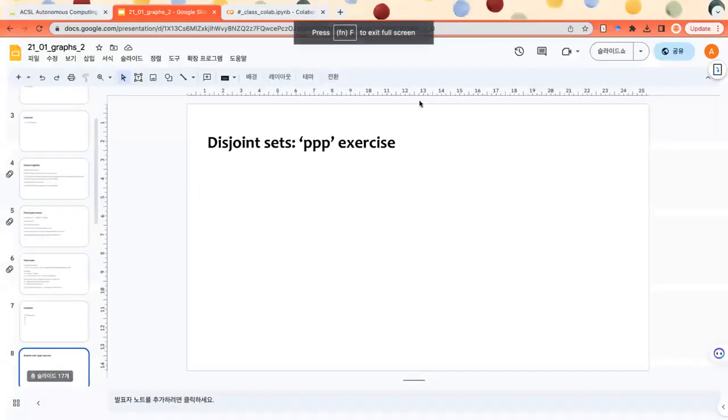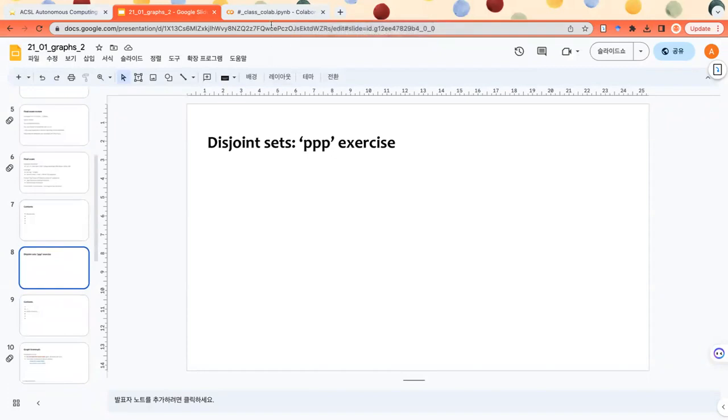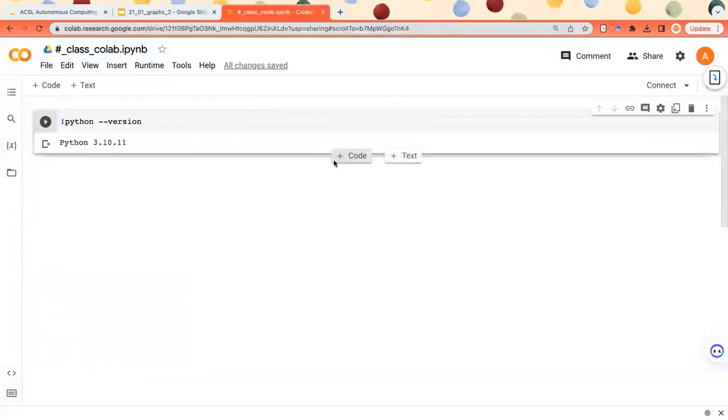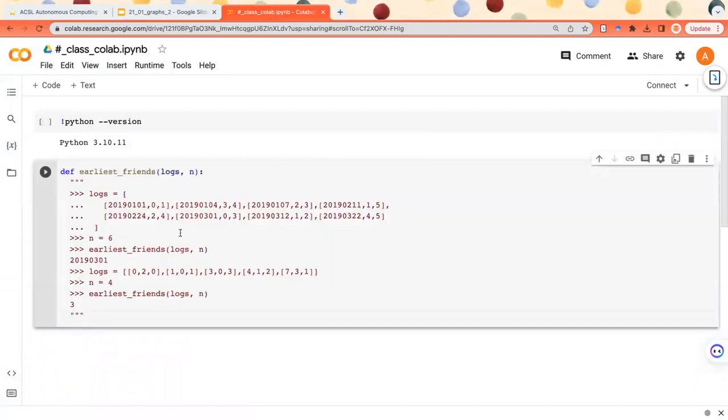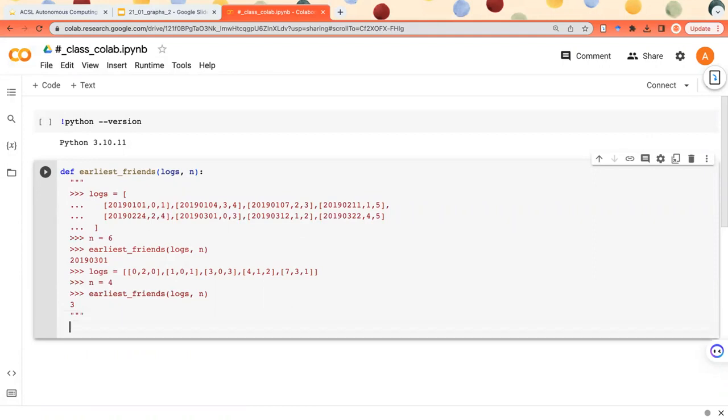We're going to talk about disjoint sets first. But actually, we're going to solve the PPP exercise. This is where we left in the last class. So the problem was finding the earliest time when all the members get to know each other, or at least they are in the same social network. Okay, and the first thing we need to do is sorting